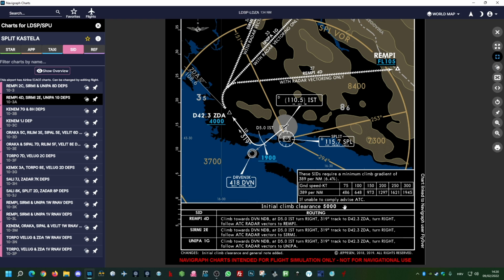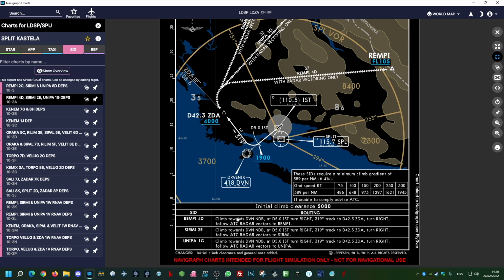Initial climb clearance is 5,000 feet, and we have a written explanation for every departure. So let's say for our Sirmi to Echo, climb towards Dvn, that is Drvenik NDB. Drvenik NDB is this one. So climb toward Drvenik NDB. That's exactly when we take off. We are going in the direction of this Delta Victor November NDB. So climb towards Delta Victor November NDB at